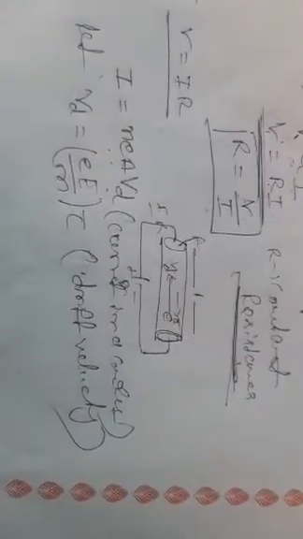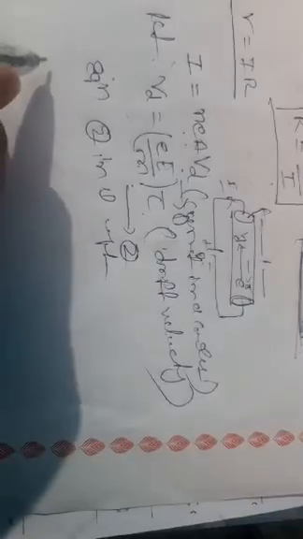Next, what is the expression for drift velocity? For drift velocity, e is the charge of the electron, the electric field is E, m is the mass of the electron, and tau is the time taken, the relaxation time. This is called drift velocity. First we write the equation of current in a conductor, then the equation of drift velocity. This is equation number 1, and this Vd value is equation number 2.